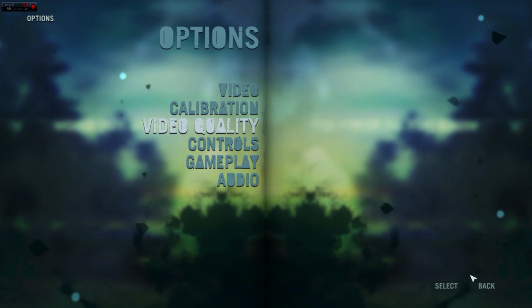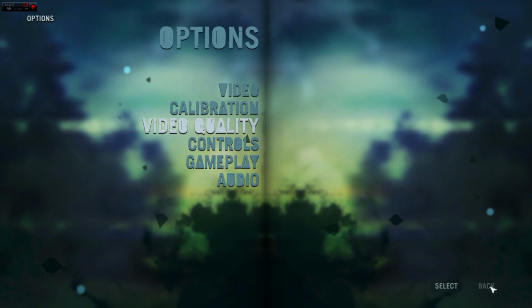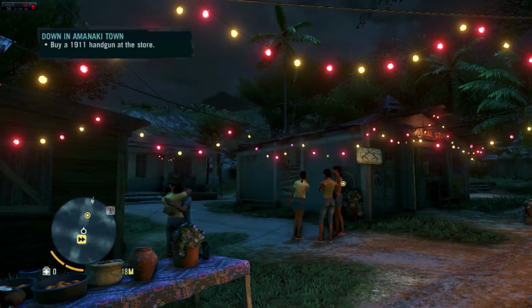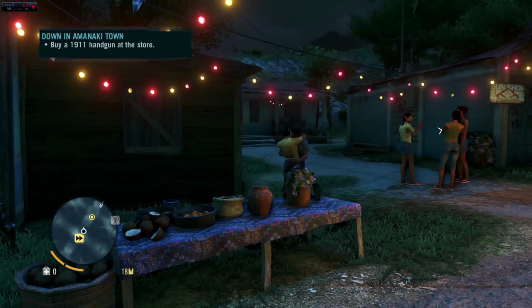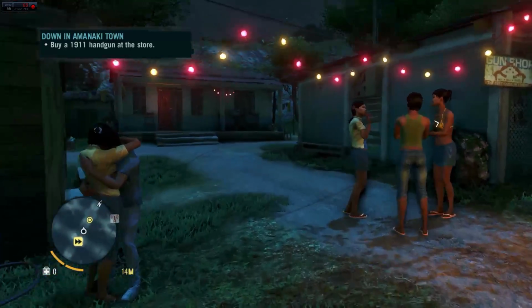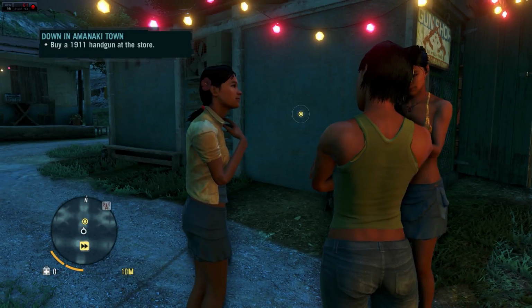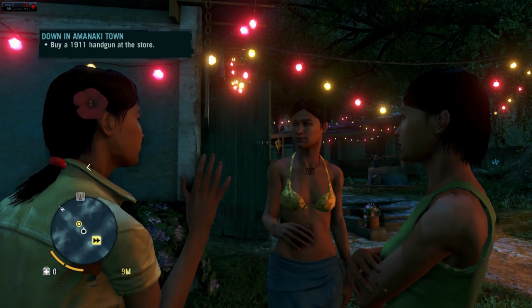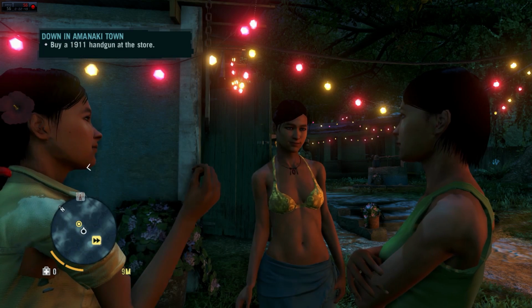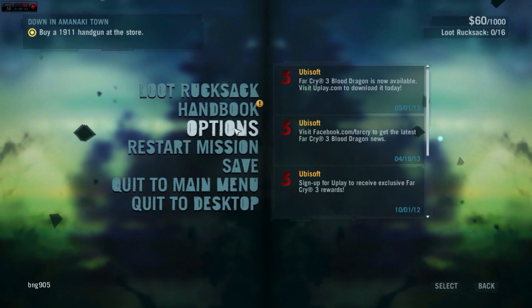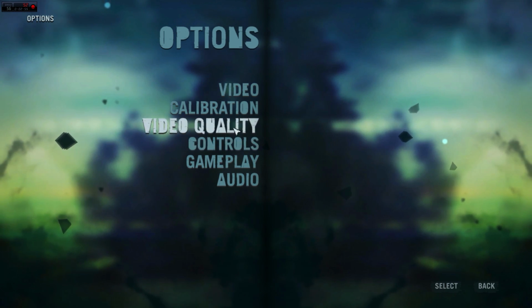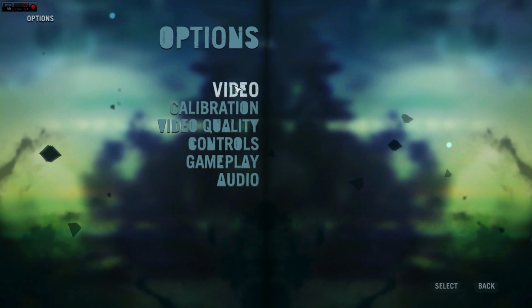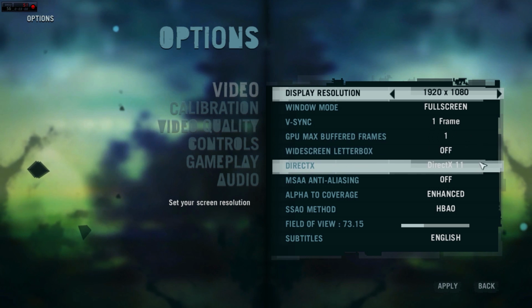So first things first, we're going to save those video settings and go into the game just so I can show you guys some of those great, awesome graphics. Now, as you guys may or may not know, this is made with the Crytek engine. So Crytek, using all these different features and stuff that we've seen in Crysis 2 and 3, it's a very demanding engine. And as you can see here, we're going back to anti-aliasing,